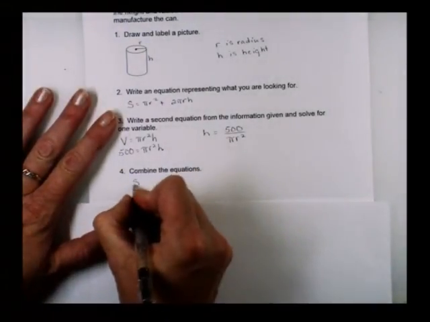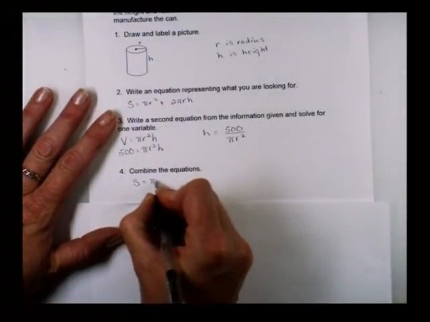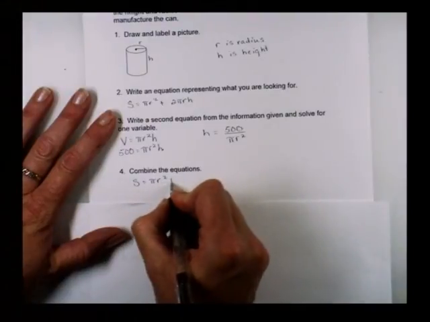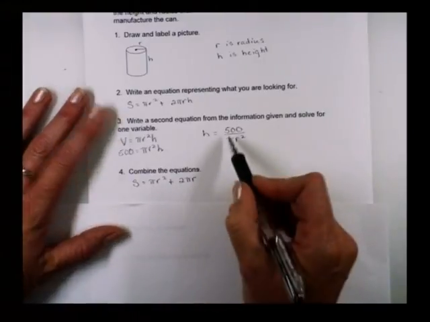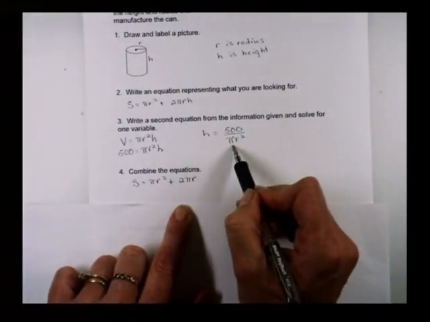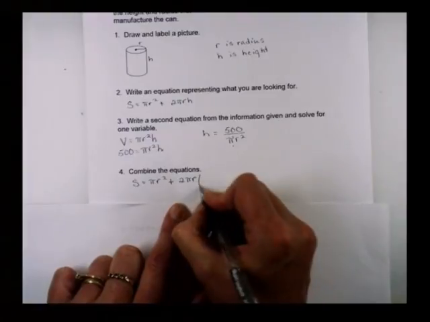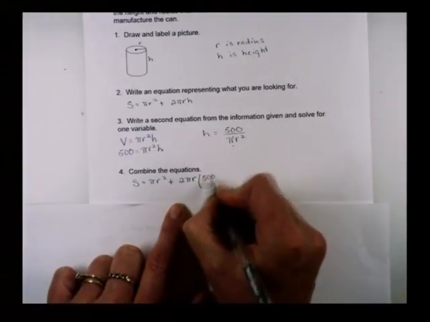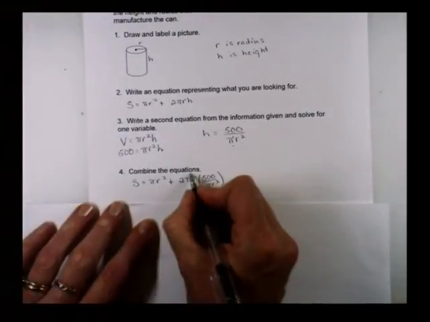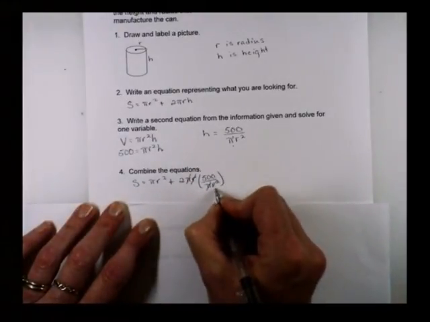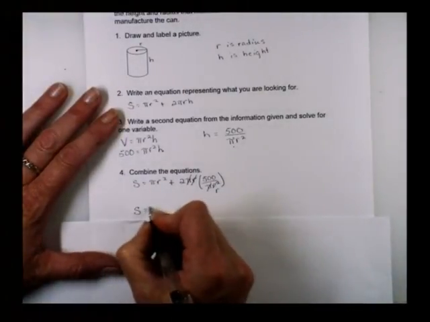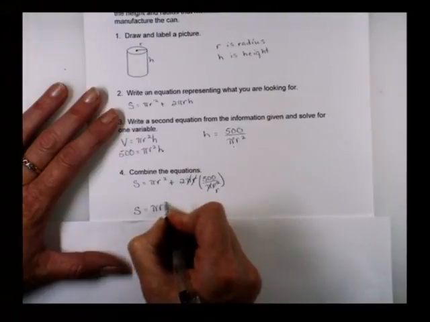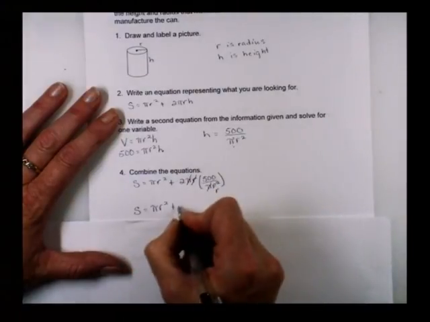So my surface area is equal to pi r squared plus 2 pi r h, but I'm going to use this 500 divided by pi r squared in place of h. Cancel. And we end up with the equation S is equal to pi r squared plus 1,000